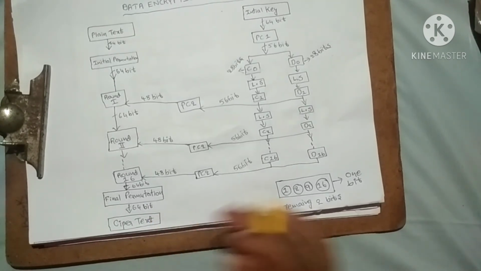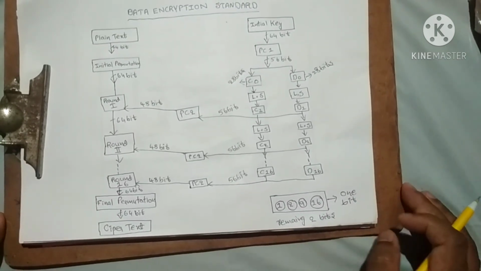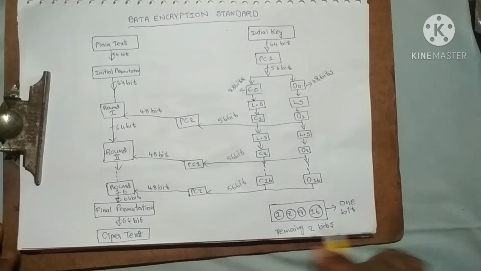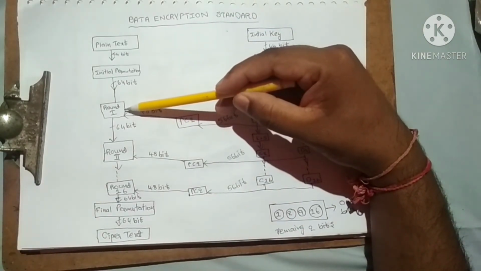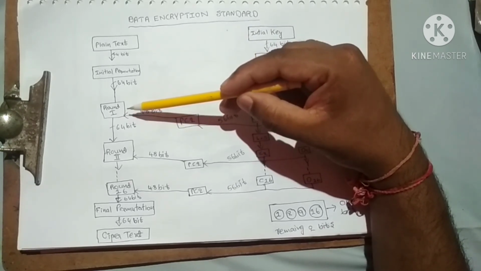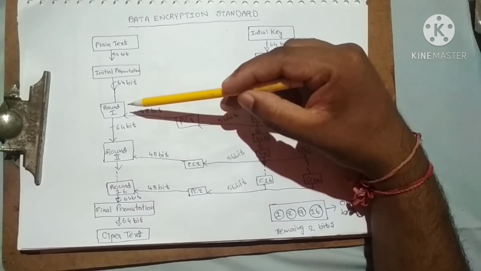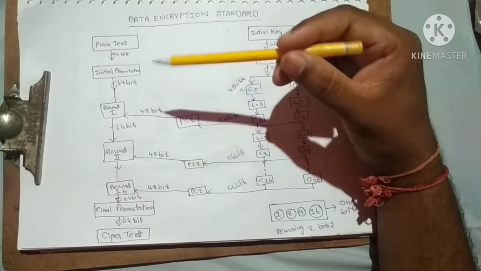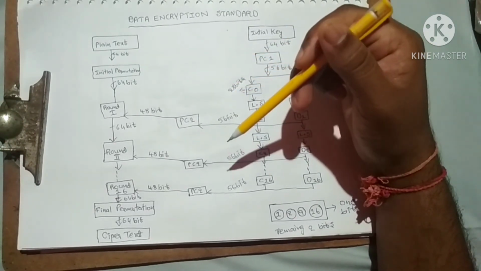So this is the data encryption technique. For each and every round there will be a separate operation. Each and every round is the heart of DES. Then what the round function is and how it performs, we will see in the next part, in another video. The link will be given in this video description.